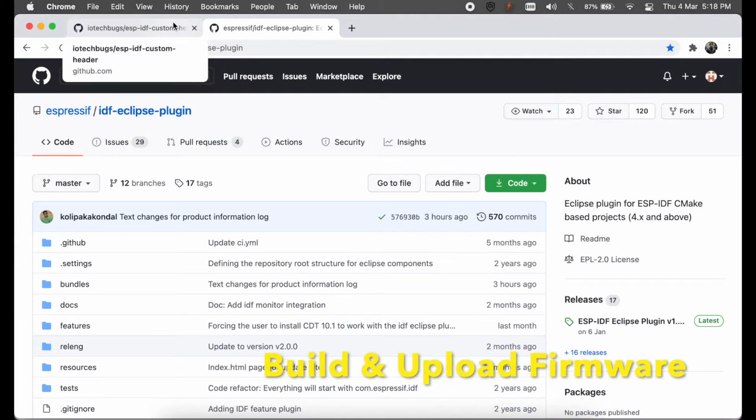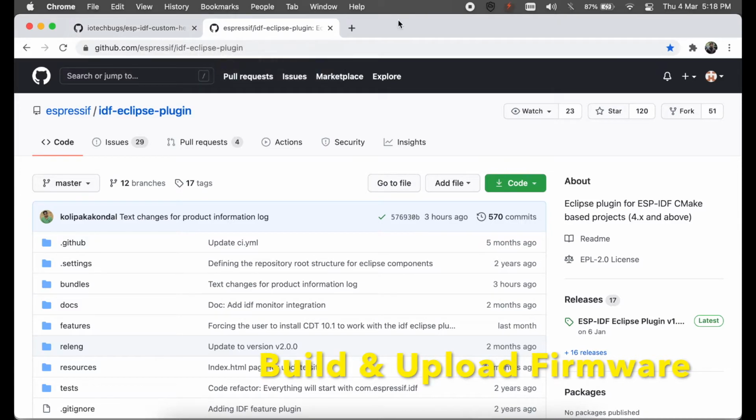In my video, I have used an older version because it's the stable ESP IDF version, and the latest version of ESP IDF is still in development and cannot be taken to production. That's why I'm using the older version. For older versions, we don't have any automatic Eclipse plugin to integrate with the IDE, so we need to do some manual integrations.